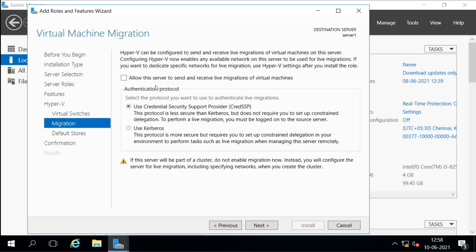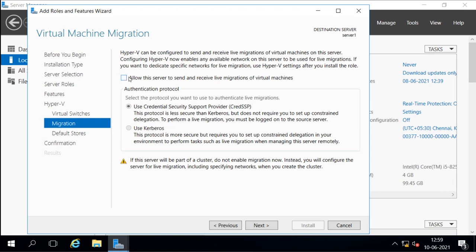Now this option is for migrating the virtual machine from one server to another server. Like if the virtual machine is running on this server and I want to move it to another server, that means I am doing migration. So this option is to allow the virtual machines to migrate.